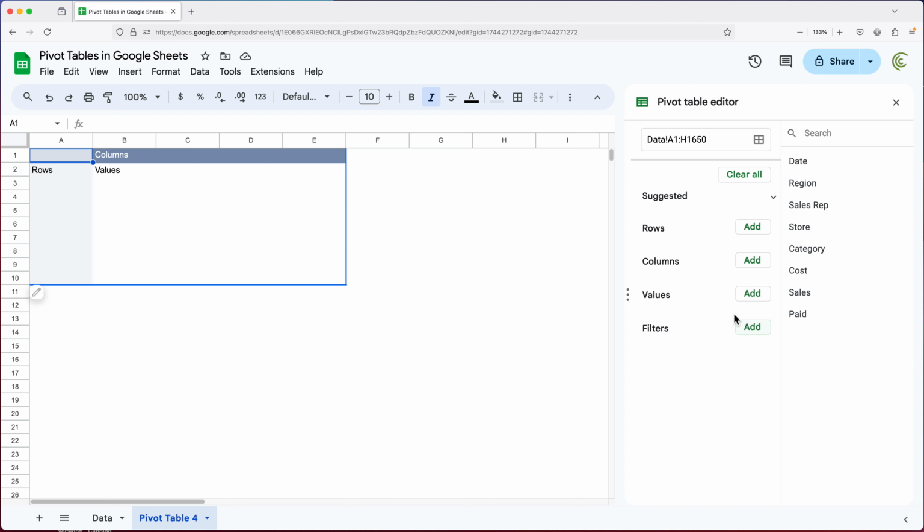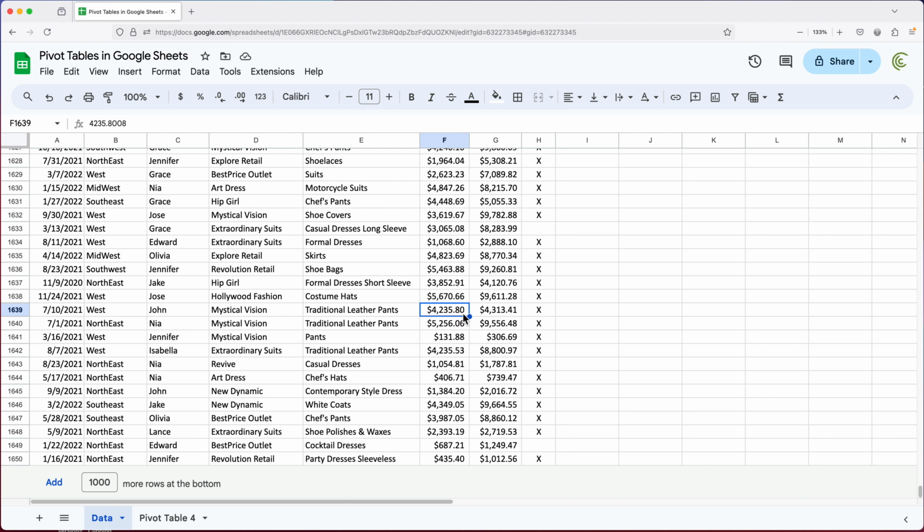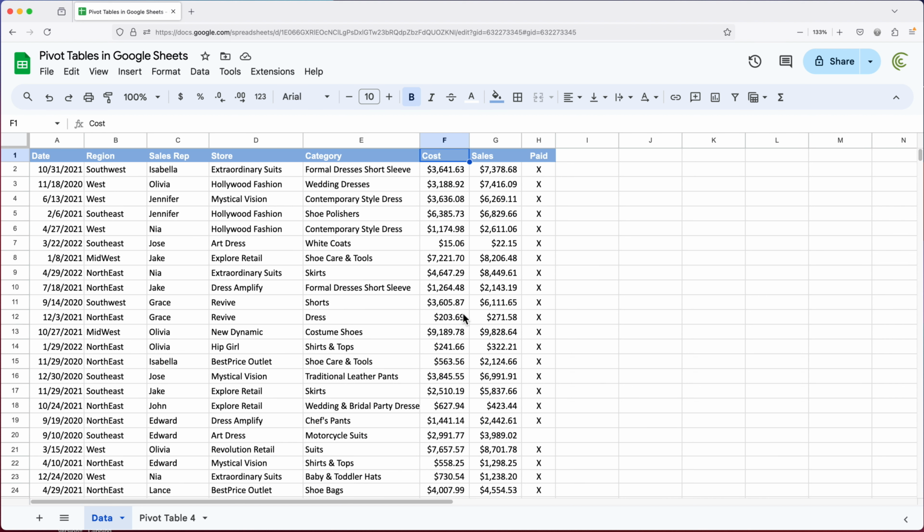But the main thing you want to pay attention to is that here we have rows, columns, values, and filters. And typically, when you start with a pivot table, you want to start with your values field. And the way you understand what values field is by choosing a column on which you're going to apply some sort of function. So if I, for example, navigate back to this data sheet for a second and scroll up, I'm going to go Control up or Command up to scroll up to the top of this. Let's say I want to get total sales. So if I want to get total sales, I need to sum these numbers in the sales column, which means I'm going to have to use the function sum, which will make the sales value field because there's a function